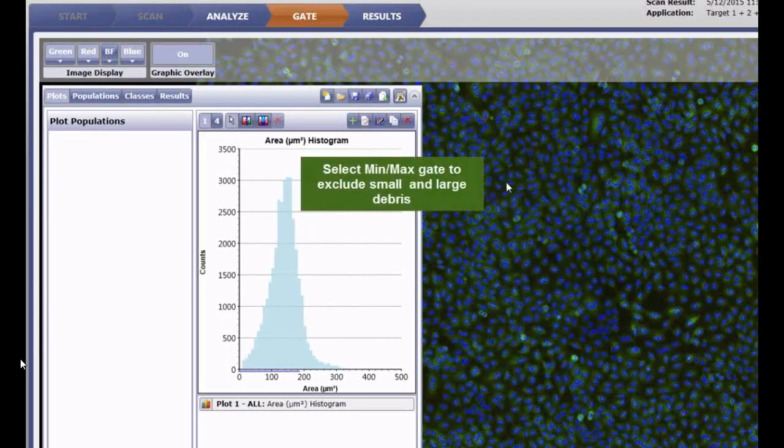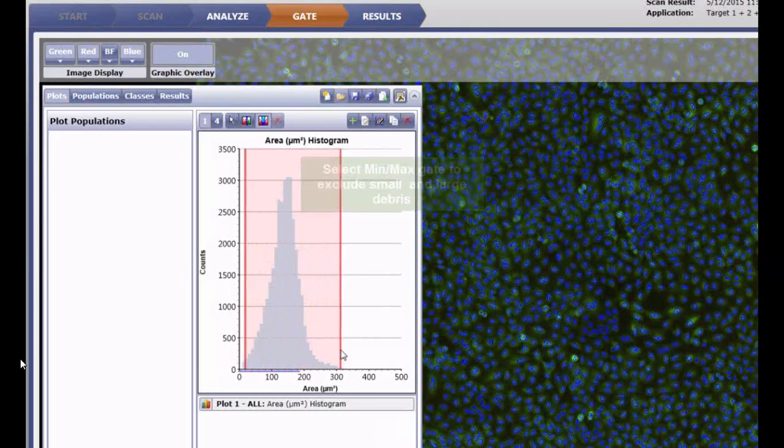and now we're going to use a min-max gate in the upper bar here to localize the objects of interest to be in the peak of this histogram. So click on the left side of the histogram and then drag your mouse over to the right and then release. So it's a red